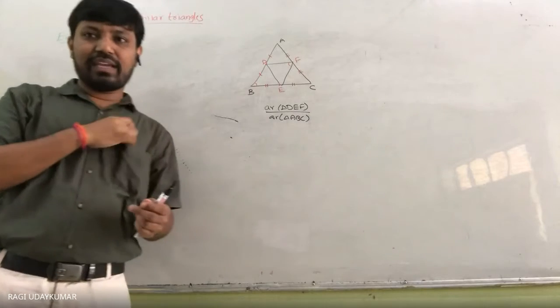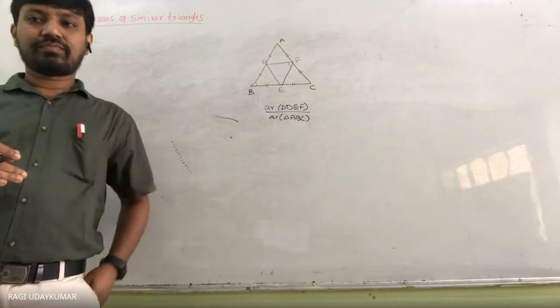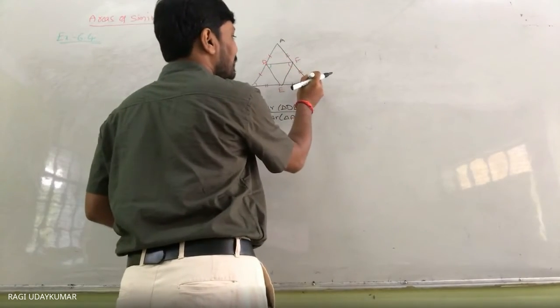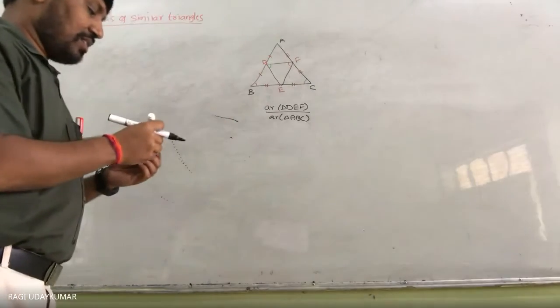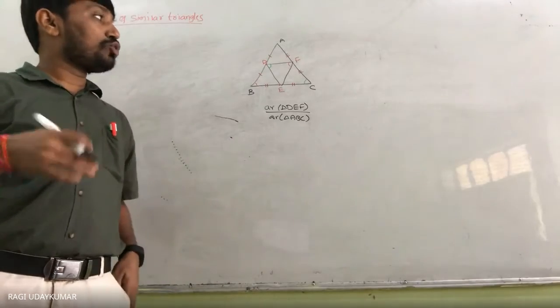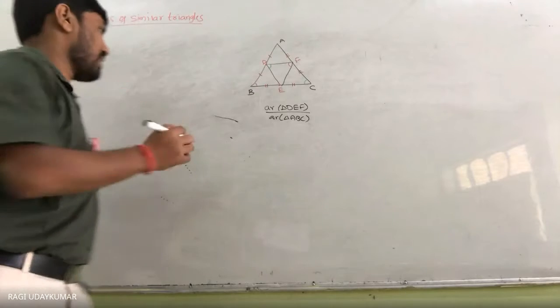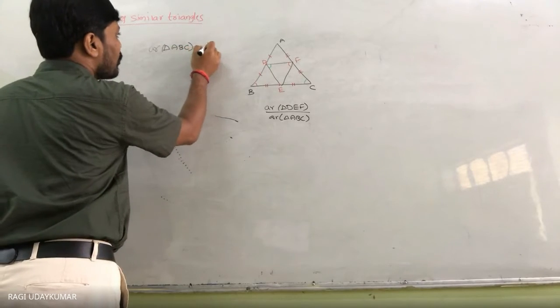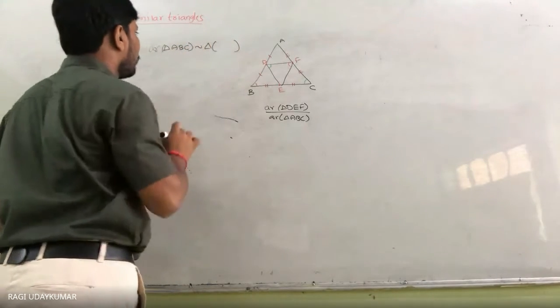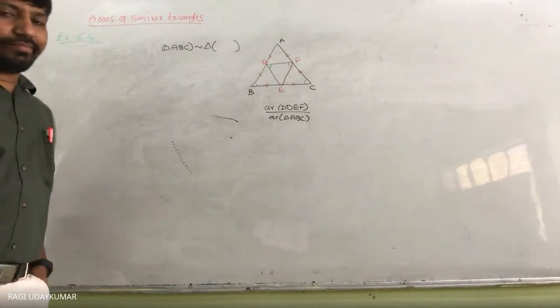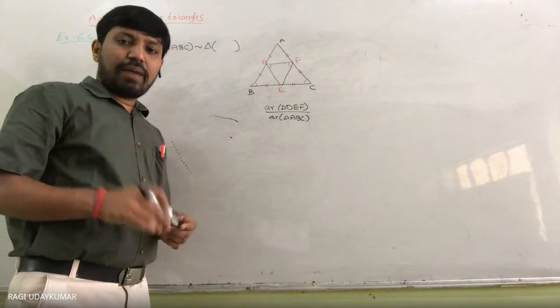Did you understand whatever I am saying? Yes, sir. And in the same way, this is the angle, this is the angle. Now can you say which two triangles are similar from this figure? You should be ready to say that. Triangle ABC is similar to triangle dash. Fill that blank. Objective type of question. FED.